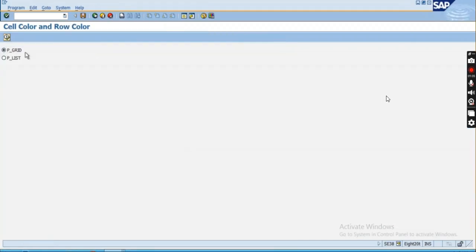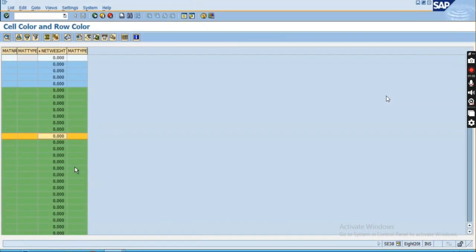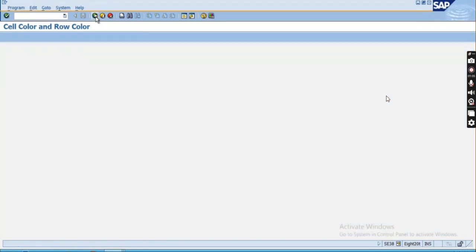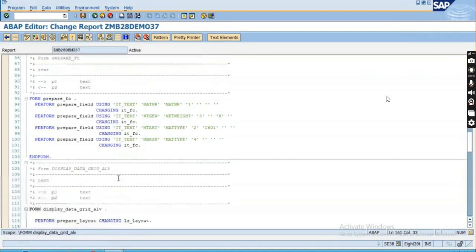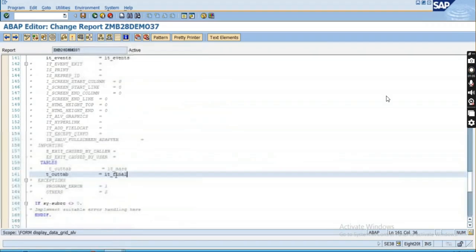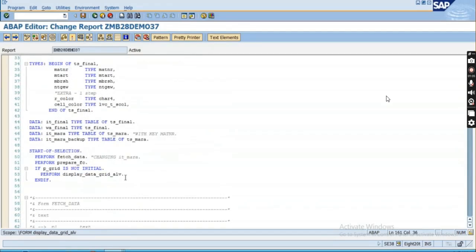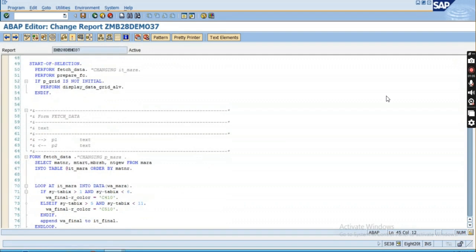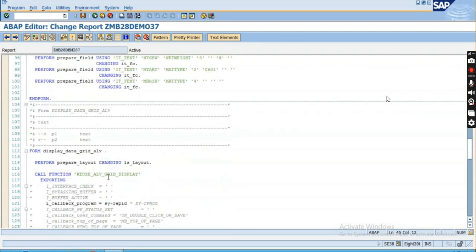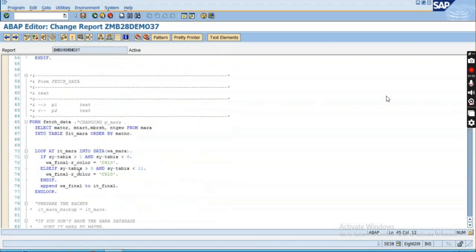Press F8, run this. No data. Why is data not coming? Let's debug why data is not coming. Something we are doing wrong. Okay, data actually we are not populating, so how will data come, right? Data we are not populating in it underscore final, then how will data come? So I will populate the data, right? Here